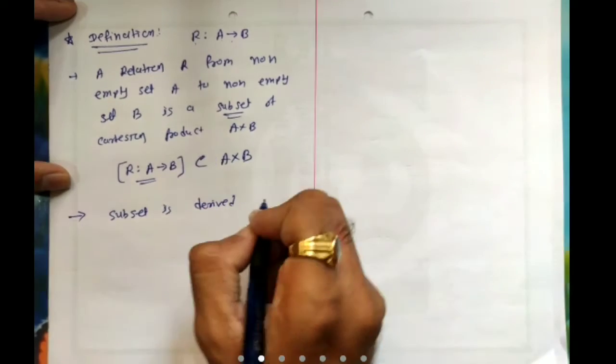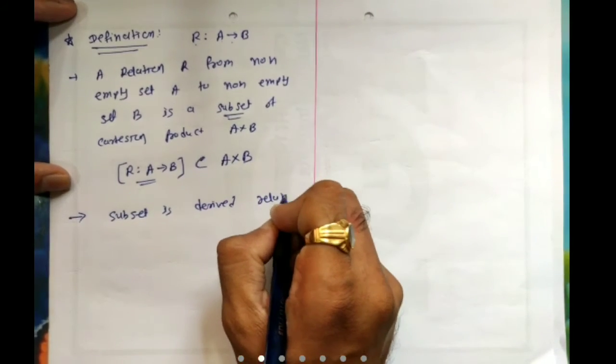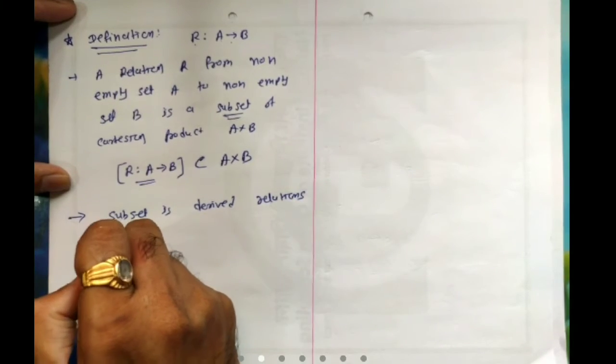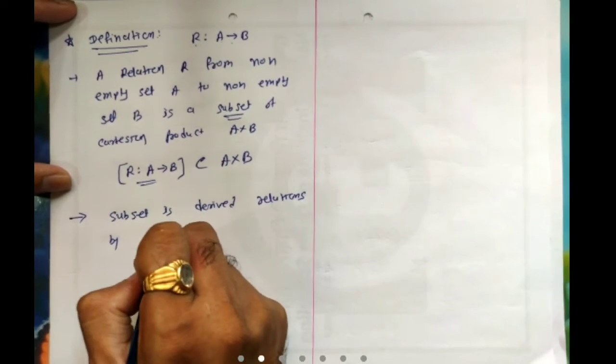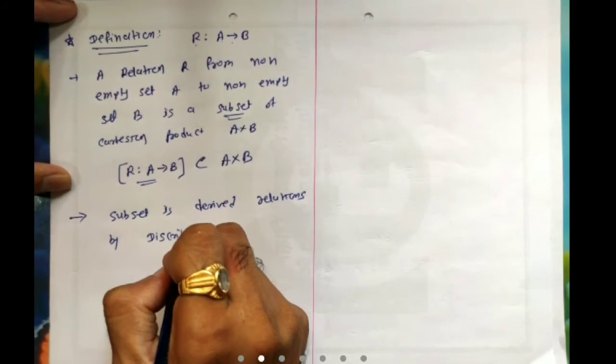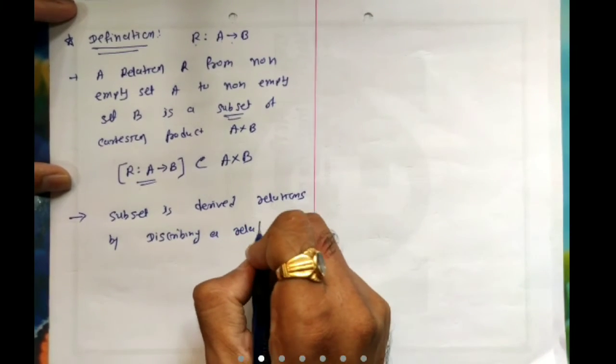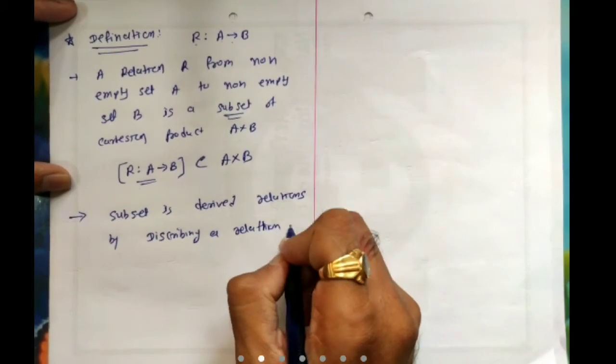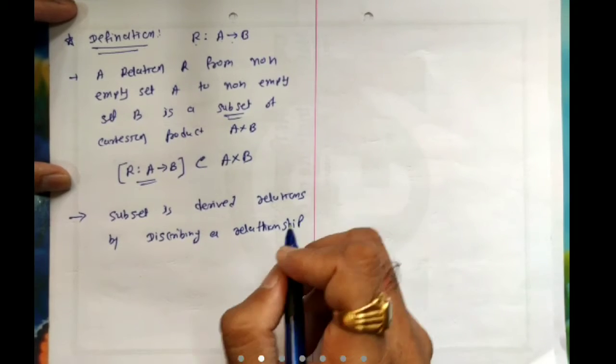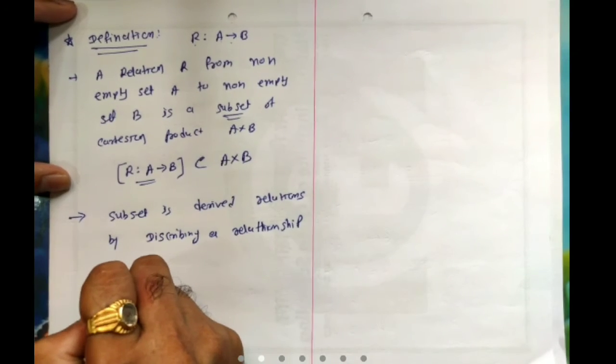We have to derive relations by describing a relationship between